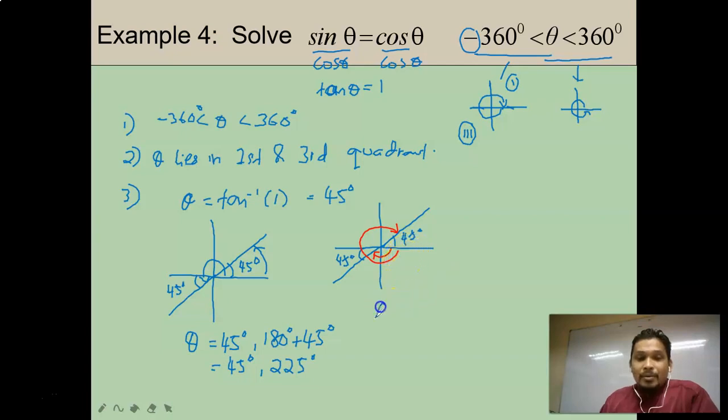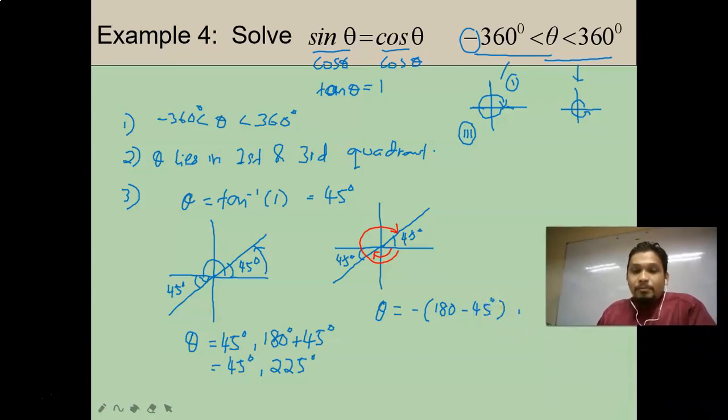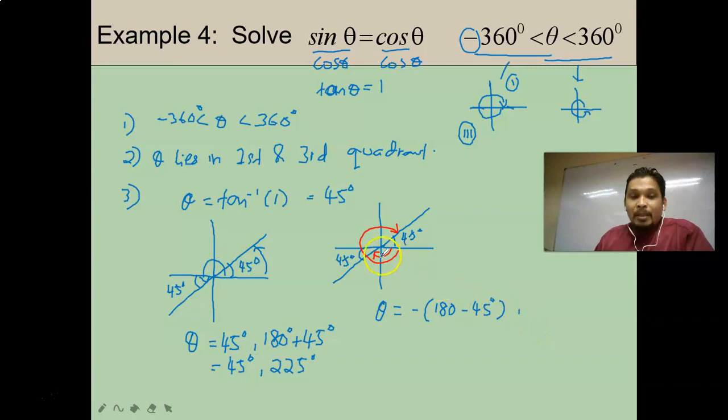Okay, so theta is negative of 180 minus 45. The 180 is half of the circle here, so 180 minus 45, and the other one here is negative 360 minus 45. And this gives you